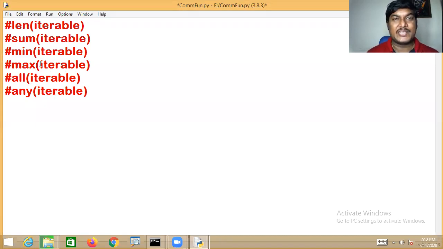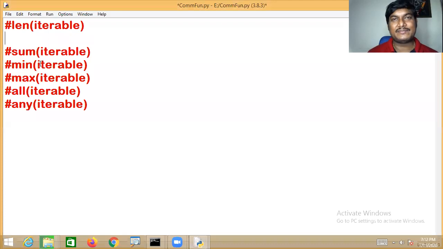I want to cover these methods. Now your attention really matters. Focus please. These are the commonly used functions for all collections. What is the use of the len function?